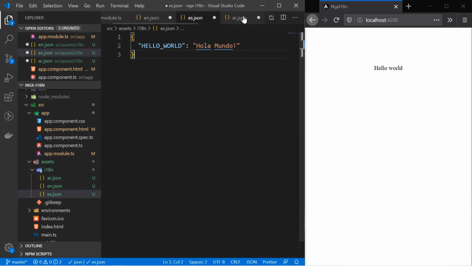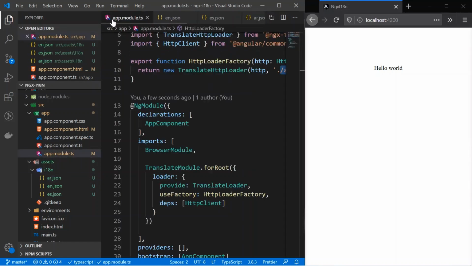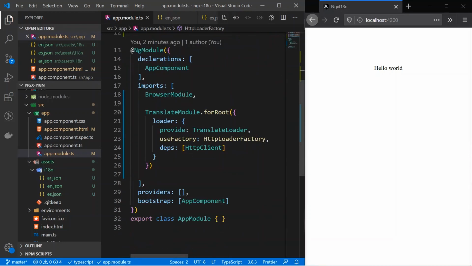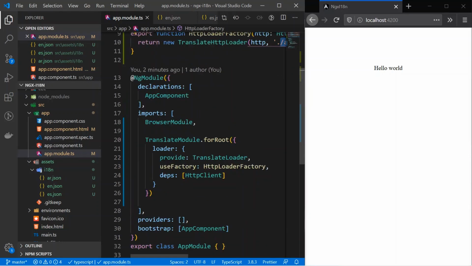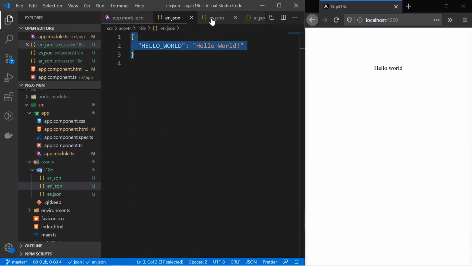In Spanish and Arabic, this is going to be this. Okay, we'll save all the files. Okay, now we have injected the translate module inside our main module, and we have also created our locale files.